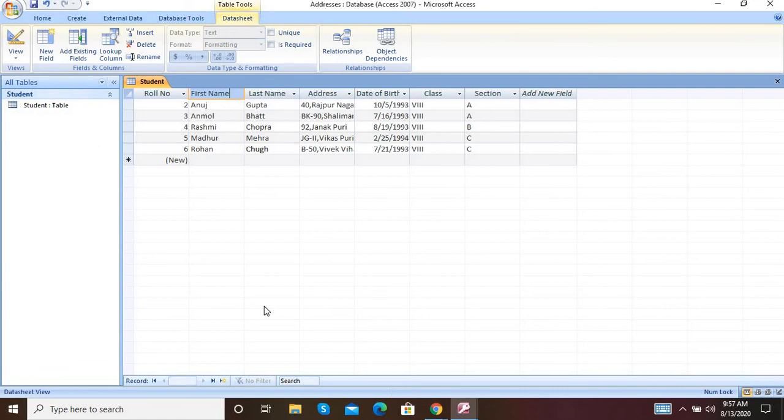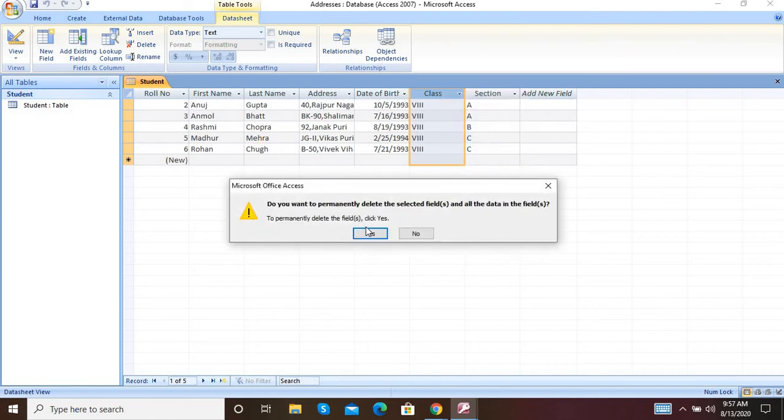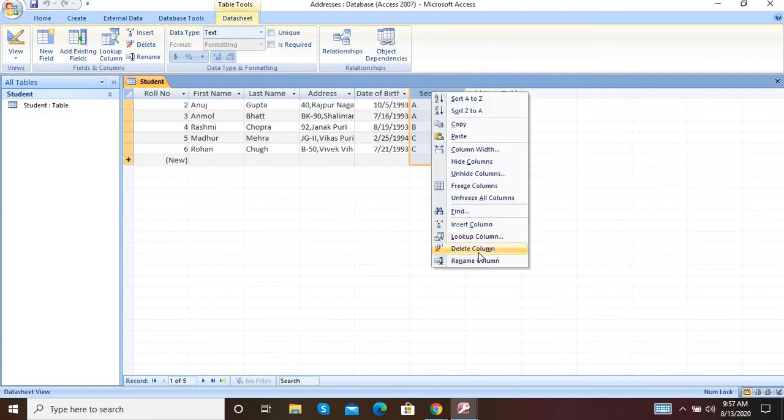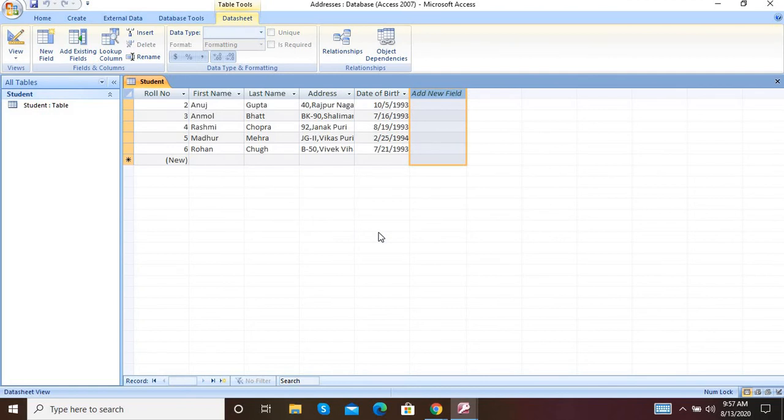Next thing is delete the column class and section from the table. So right click on the class column and click on delete column. Yes, do you want to permanently delete? Yes. Now go to section, right click, delete column. Yes, I want to permanently delete.